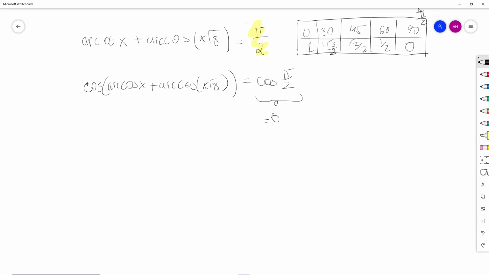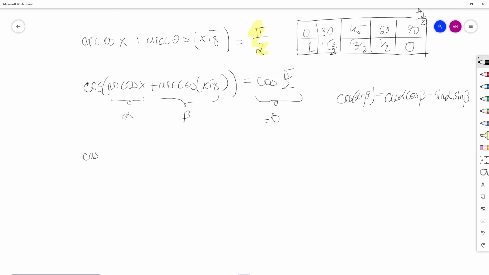Okay, so then again, as in the previous example, cosine, we can use the cosine of alpha plus beta rule to get cosine alpha cosine beta minus sine alpha sine beta. As in the previous one, we have alpha here and beta here. Okay, so since we have this rule on the left side, let's open it up using the rule. We get